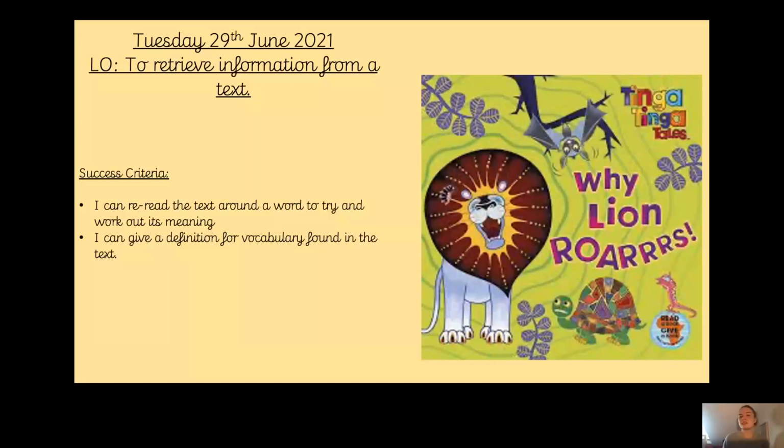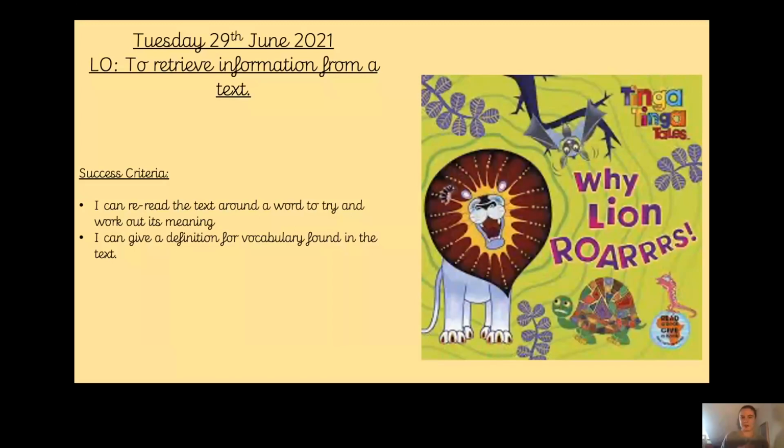Now the reading skill that we're going to be looking at today is retrieval. Now can anybody remember what it means to retrieve something from a text? Yes, that's right. It's when we look for keywords in the question, don't we? And then we scan the text to find these keywords. Once we've found the answer that we need, we take the information out of the text, we fetch the information, and we put it into our answer. So just like a dog fetches a stick, we fetch the information from the text and write it in our